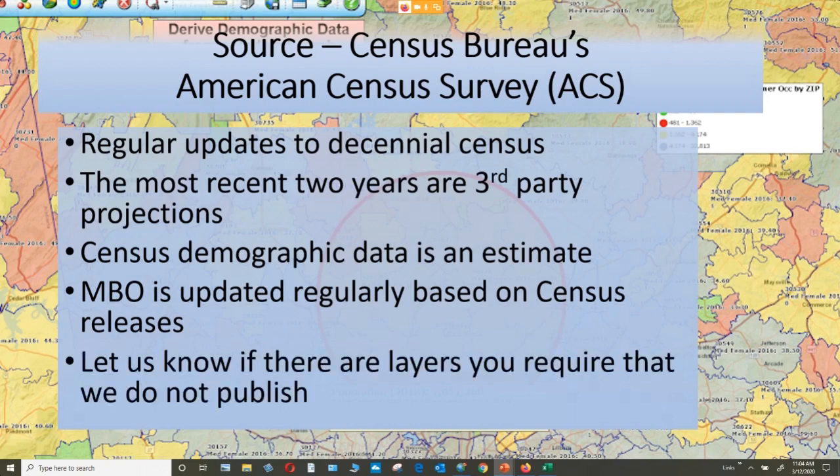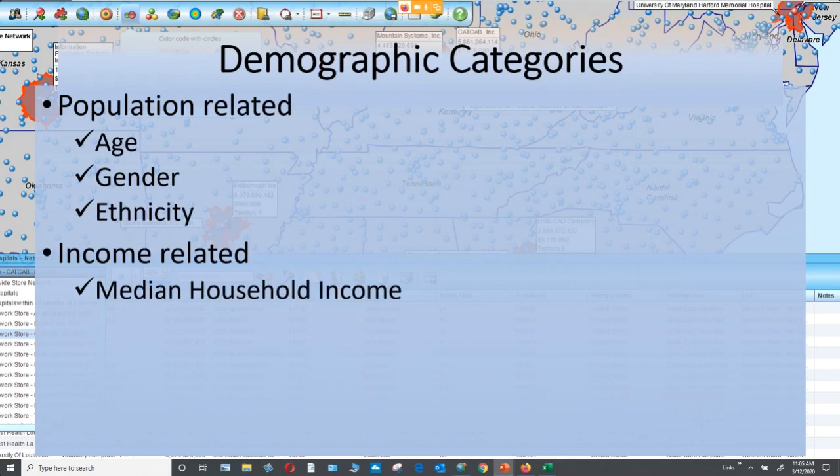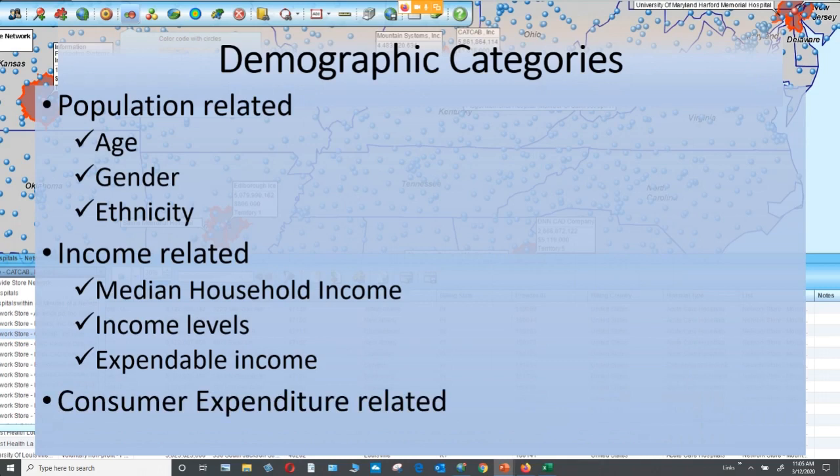And let us know if there are layers that you require that we do not publish, because we look at this a lot, and you may come up with some ideas for demographic data that you know is out there that we haven't put out there yet. So demographic categories in general are population related, like age, gender, ethnicity, income related, like median household income, income levels, expendable income, and then there's consumer expenditure related data out there. Those are the major areas that we cover in demographic data,